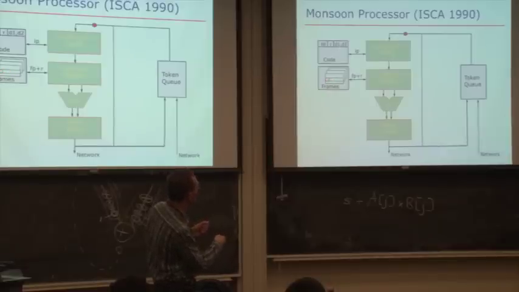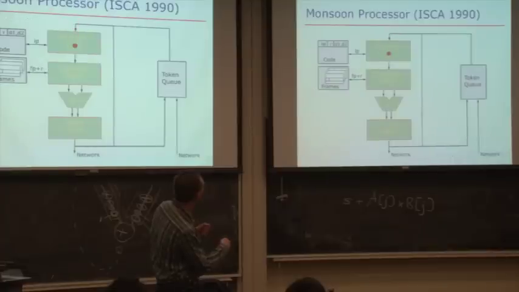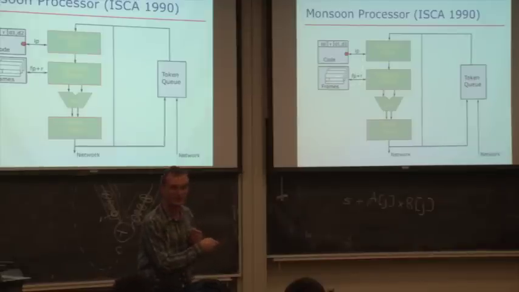The token that's generated says this is the input, this is the value, and this is the frame. Okay, this is kind of slow. Let's say one input is ready, but the other input is not ready. Then the next step is basically check whether the other input is ready. In this case, the other input is not ready because in the frame pointer and the instruction address, you do not find another token.